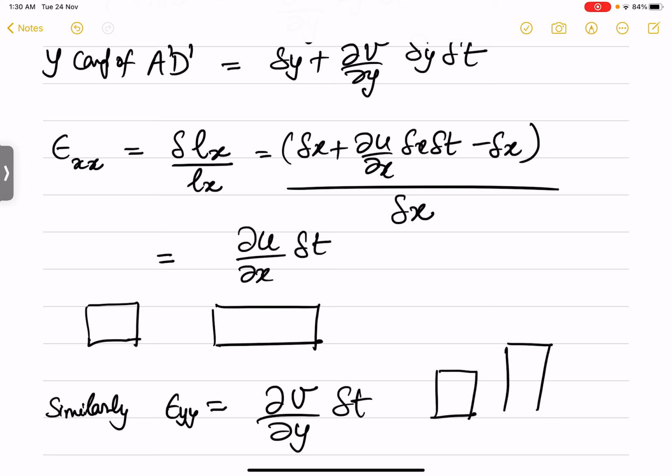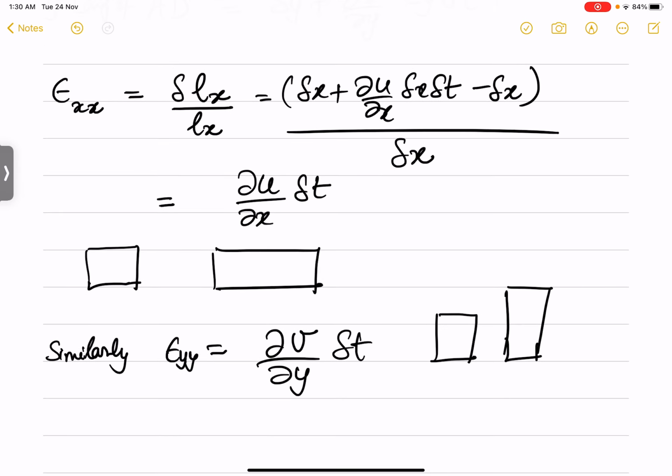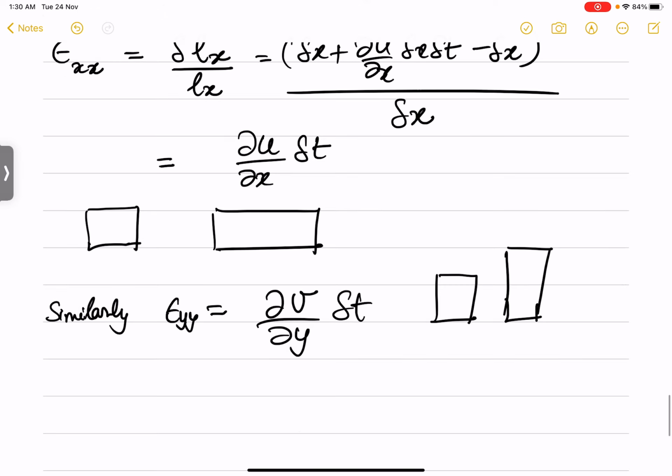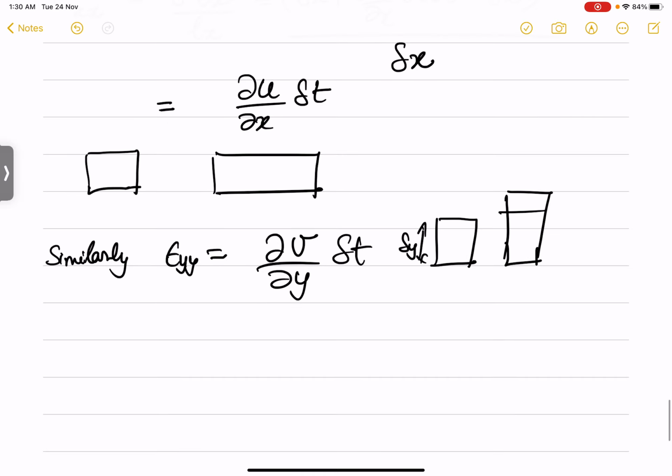It gets extended to this length. And that is the strain: the rate of extension per unit original length. So this was delta y, and this gets extended by this much. So the extension is given by partial v by partial y delta t per unit delta y. So that is the strain. Now in addition to this, we also observe that in the new position,